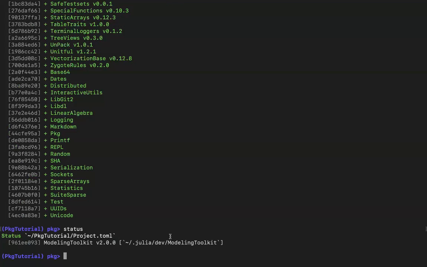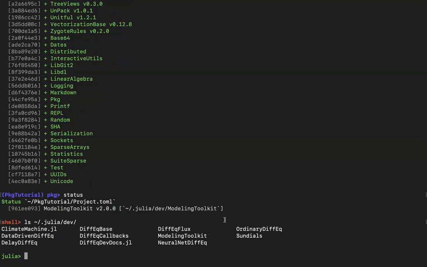If you now open up the folder, these are all the packages I am developing. Those are not important, but this got cloned over here, and you can start working on it.